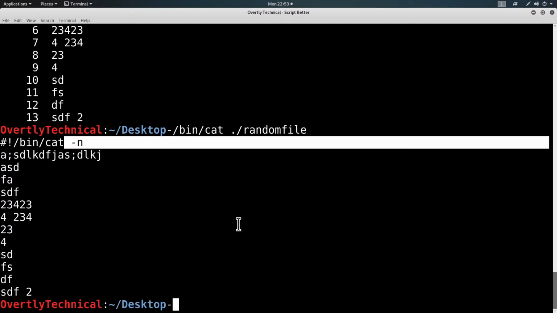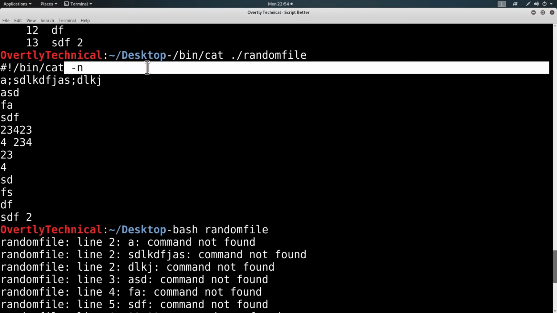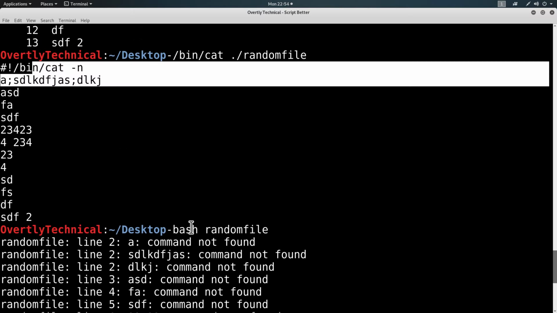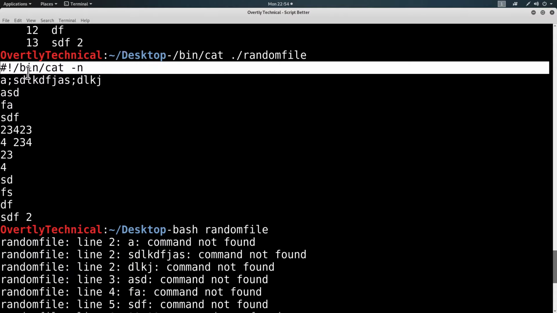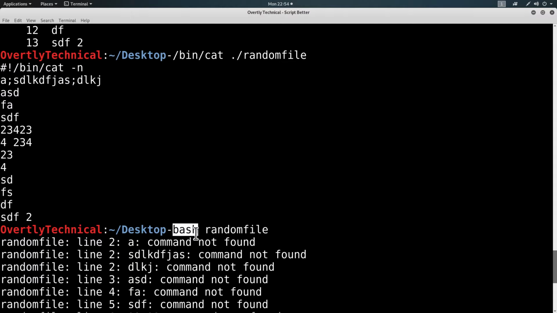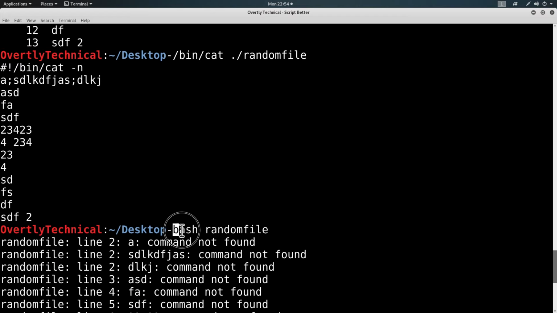That becomes important because if you wanted to run bash random file the exact same way, it will still run, even though this is now a cat script. I said cat there, but here I'm calling it with the program bash. Bash is ignoring my request here to use bin cat to run this. It is now using bash. I'm telling it to run bash. Because I'm doing this, it doesn't matter if I made this file executable or not. I'm executing it with this program here.